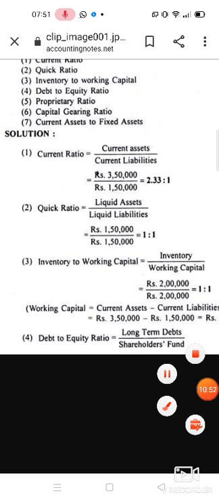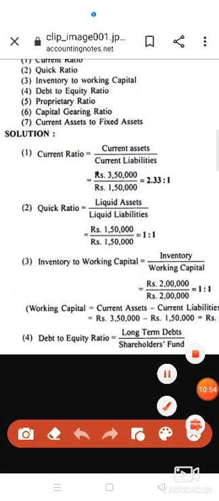In a current ratio, current assets divided by current liability. Current assets equal to